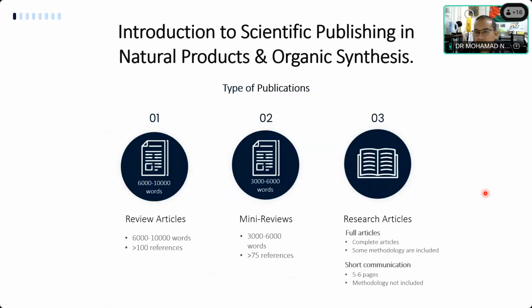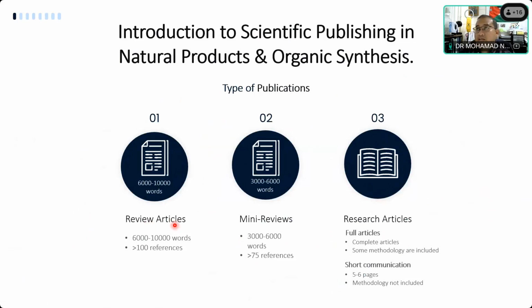The second slide is the types of publications. There are several types of publications, but I will touch on a few of these three that we use in our team. The first one is review articles. I'm not really keen to write review articles because they need more time to find the sources, analyze, simplify, and also summarize. So sometimes I encourage a student to do that.